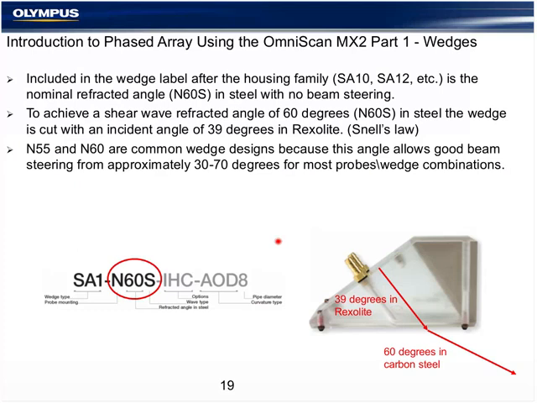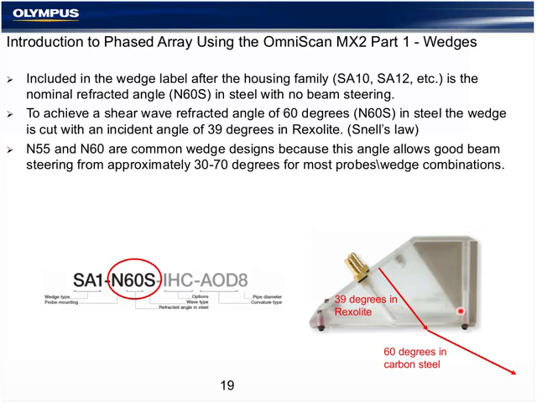The wedges are made of Rexolite. They're high quality machining. They have a very tight tolerance. Rexolite is extremely useful for phased array because of its frequency retraining properties. It has a constant velocity in every axis. That's very important. For that reason, they tend to cost more than lucite wedges. Any flaw in the wedge or the dampening material is susceptible to much more wedge noise and interference than in